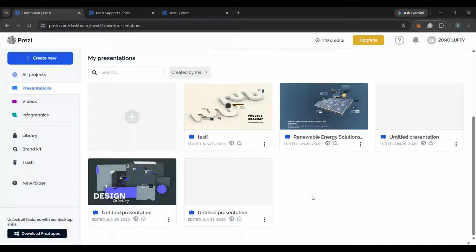If you've been wondering how to indent in Prezi, you're in the right place. In this quick tutorial, I'll show you exactly how to move your text to the right, bring it back to the left, and make your Prezi text look much cleaner and more organized. This is especially helpful if you're building presentations with bullet points, structured notes, or anything that needs a little more